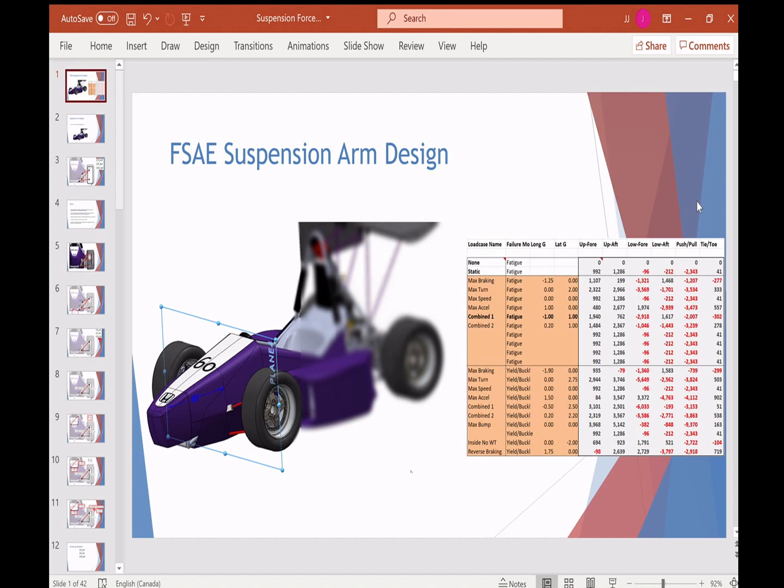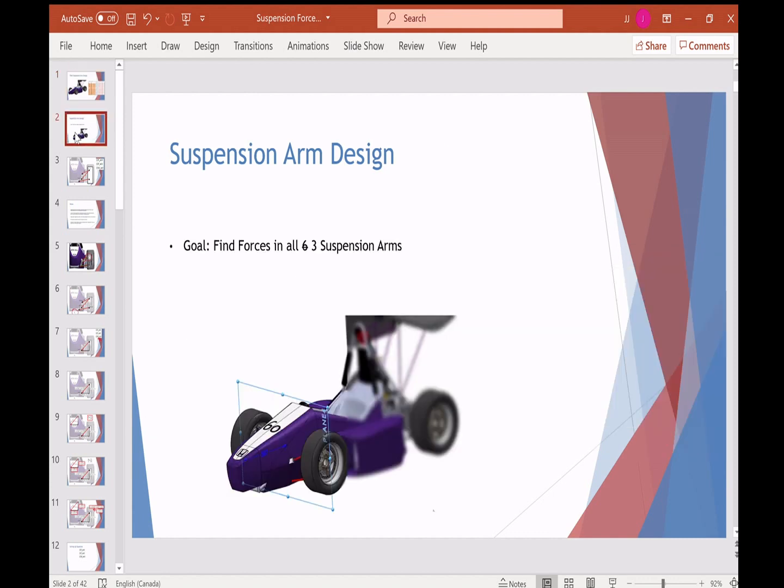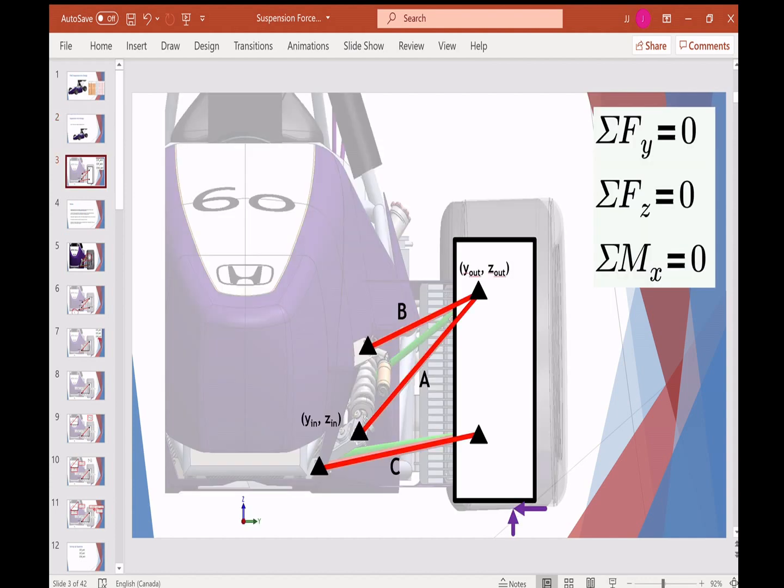on the chassis side. Now to start our analysis, the first thing we're going to do is a simple 2D simplification. And you can see this through the front plane. We've taken a slice to the front plane of our vehicle. And then we're going to do a free body diagram. Because we're taking a slice, we only assume 3 suspension tubes at the moment, and we'll get into the